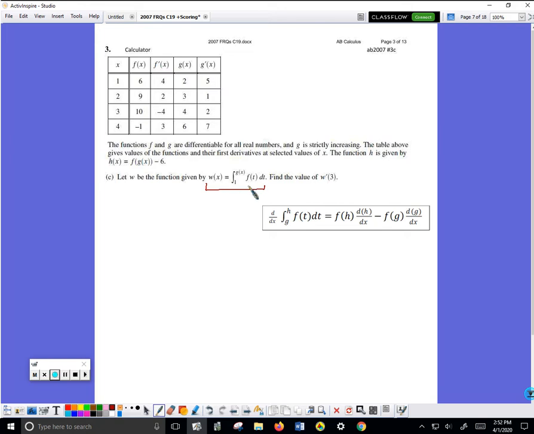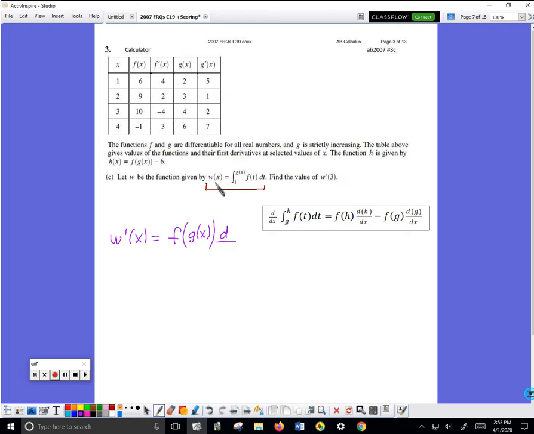So this is an integral, so I must use the formula for finding the derivative of an integral. Now notice, as I'm using this formula, f of t, but the upper limit is called g, and the lower limit in this problem is called 1. So I would write down W prime of x must equal the derivative of this integral will be this integrand with the upper limit plugged in place of the input variable